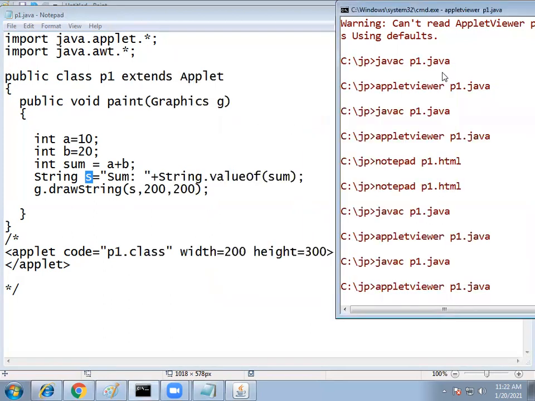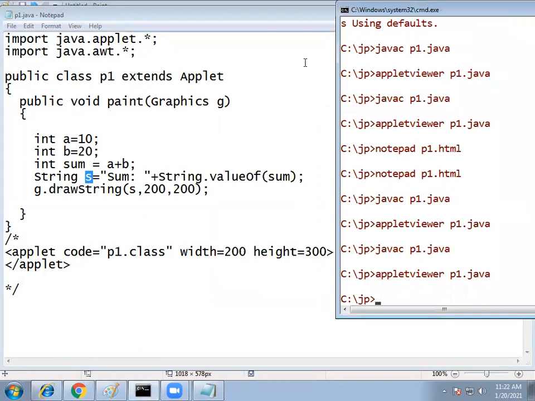Please note down the code. So please write down and we will see another example also.